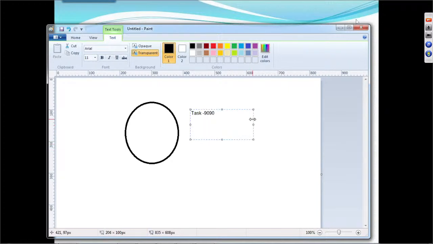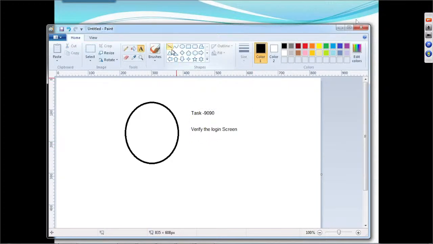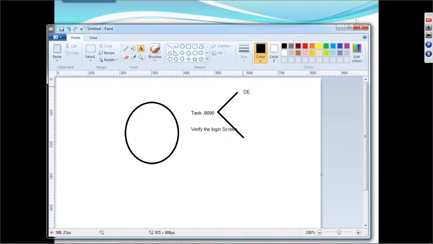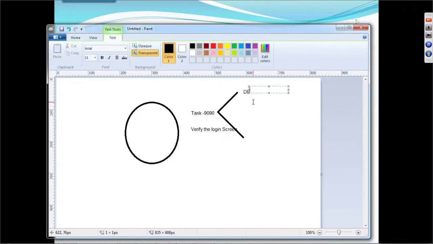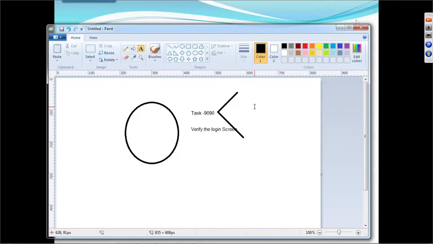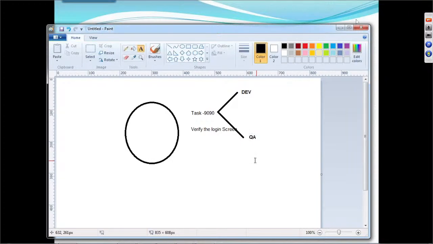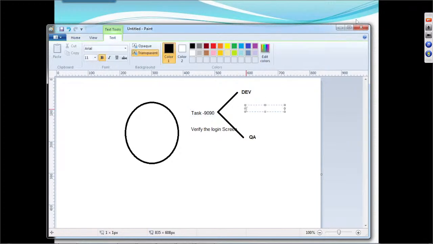Now this task is assigned to whom? This task is assigned not only to the developer. It is assigned to the developer, and to whom else? QA also. Dev means developer; in real time we call it Dev. So try to understand, here is the developer, and here another guy is the QA guy. Once this task is started, we have a certain time,